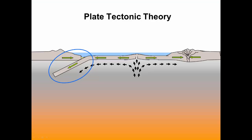Plate tectonics theories, both uniformitarian and catastrophic variants, explain trench formations in the same way. The only real disagreement is over how long the process has been taking place. Uniformitarian plate tectonic theory says seafloor spreading and plate subduction represent hundreds of millions of years of time. Catastrophic plate tectonics theory says that essentially the same process occurred quickly during the flood and then slowed over time